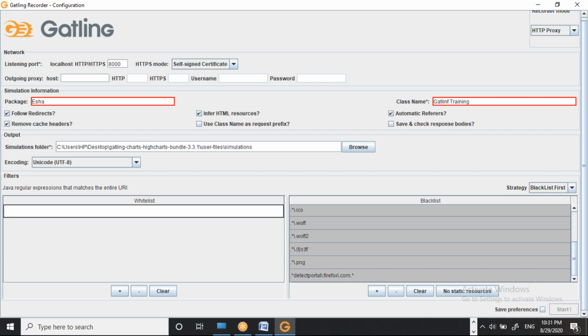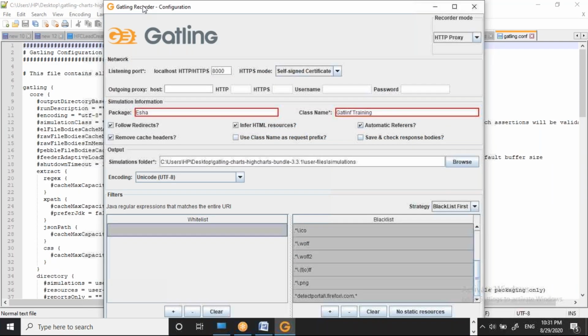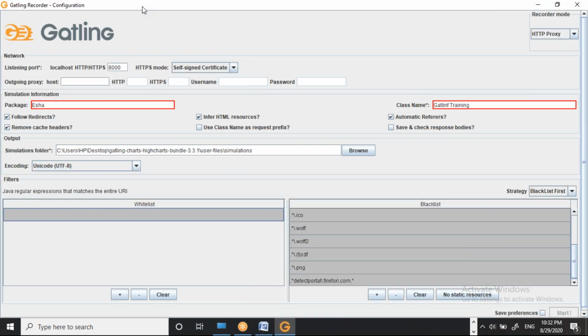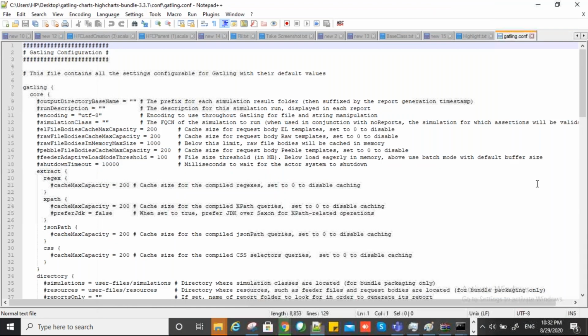So we will go with both directions, this one also. For a mobile application, you can't capture from here only. You can't use this recorder for a mobile application. So for a mobile application, we will use Fiddler. And I will tell you how to record and capture this through your mobile application. So this is our recorder. This is our configuration file where we can configure which things you want.